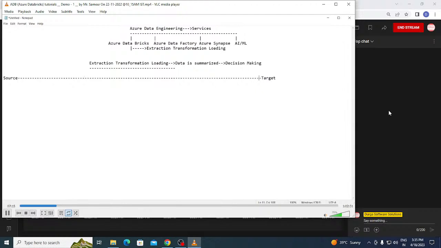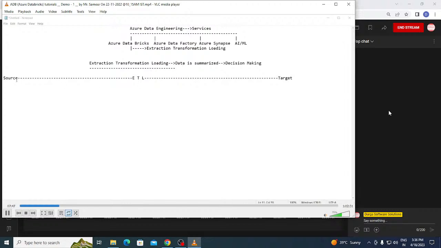Now, guys, what is a source and what is a target? Between the source and the target, this process of ETL is applied always, irrespective of whatever service you use. I'm talking about ETL generally. ETL is a process where the data is summarized.